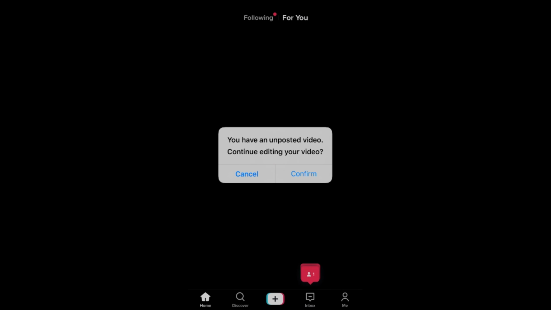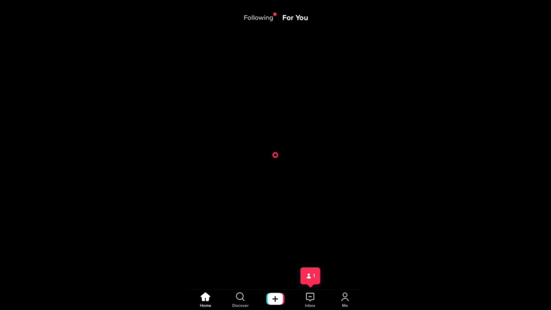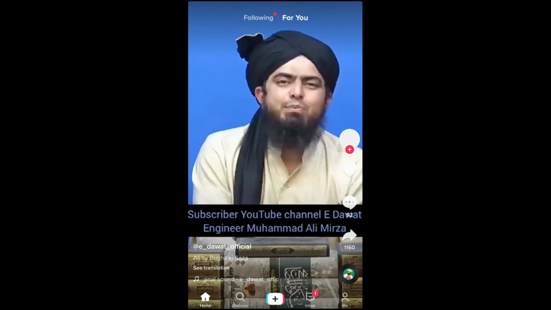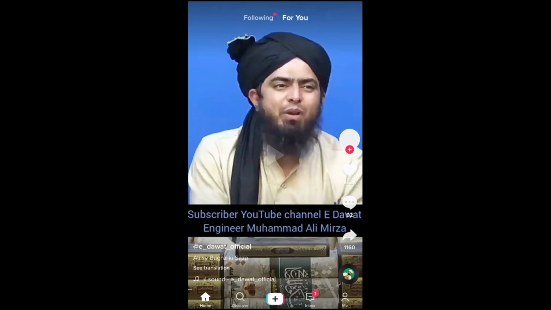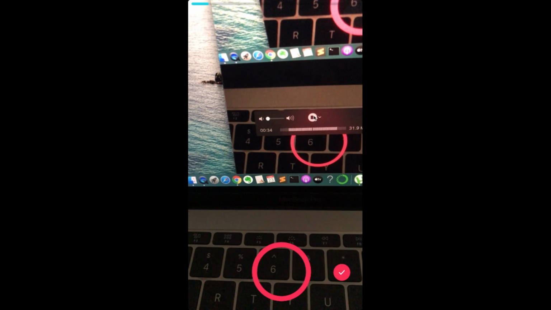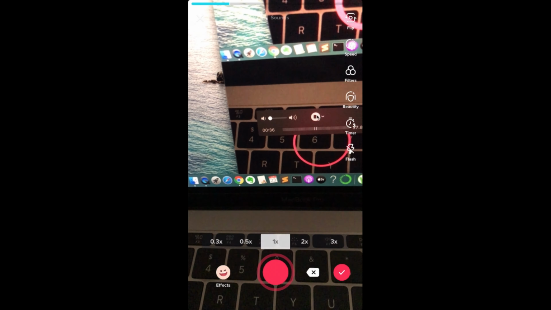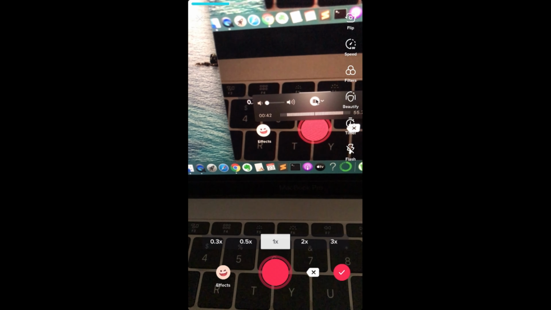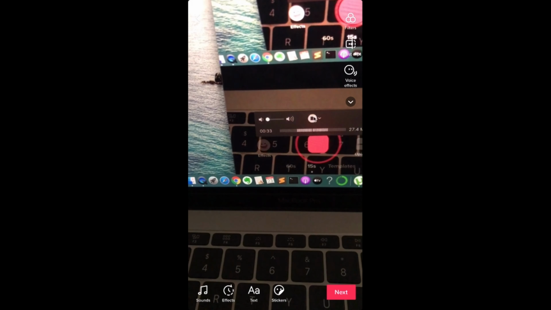So once the TikTok app is open, what you need to do is simply go and create your video by tapping on this plus icon in the middle. This would open up your screen, and here you can simply go and make your video as you want. Once I have recorded this video, you can apply the speed, filter and beautify if you want to. Go to the next screen,